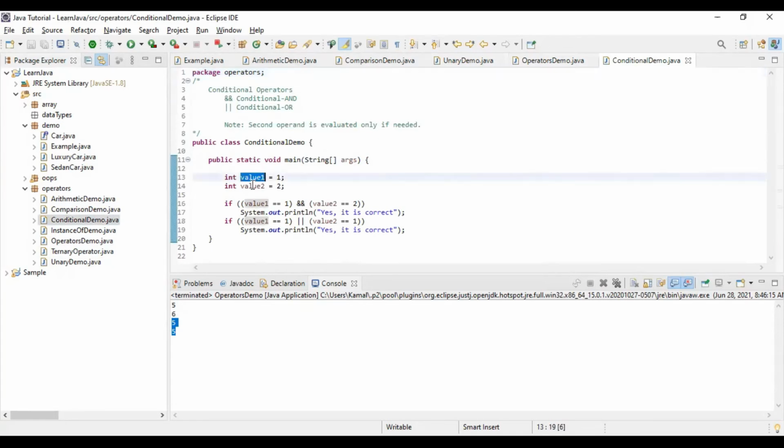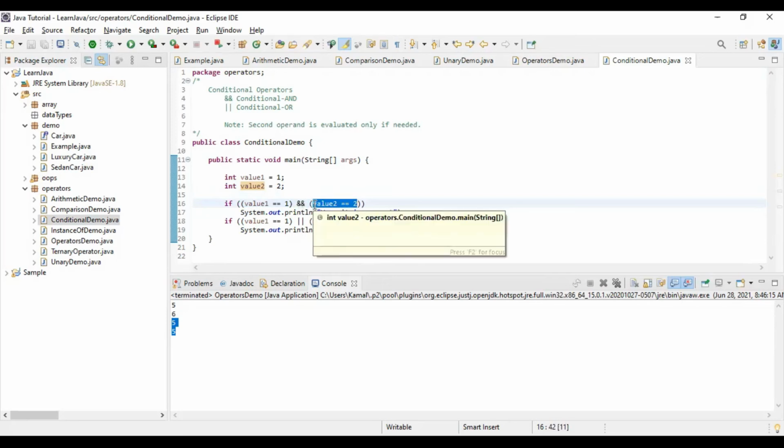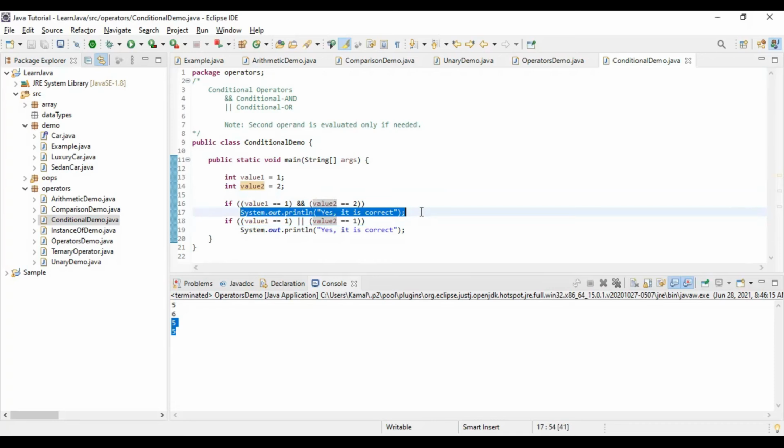Let's say value 1 is 1, value 2 is 2. To check their equality, we have used the double equal sign. If value 1 is 1 and value 2 is 2, if both are equal, then this is printed.